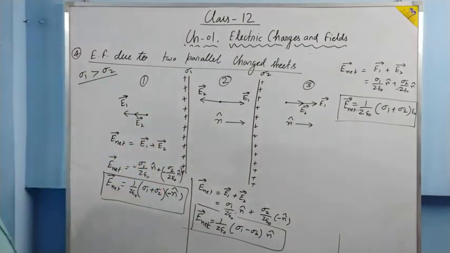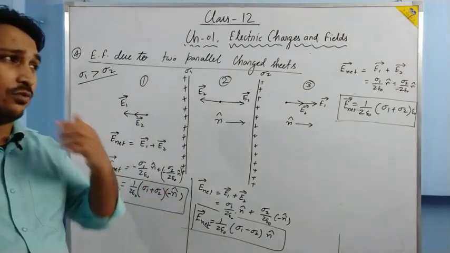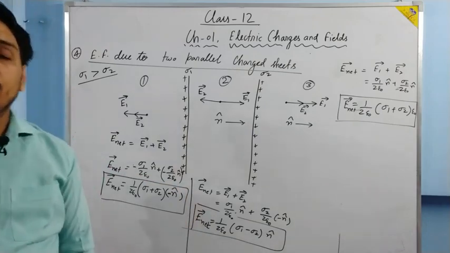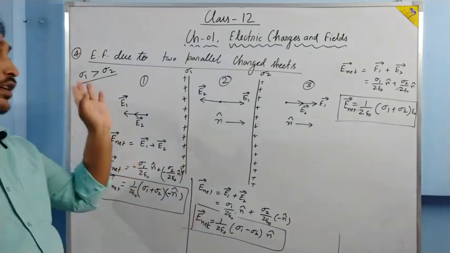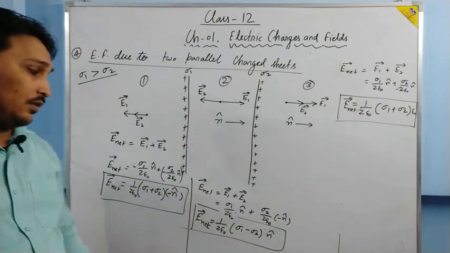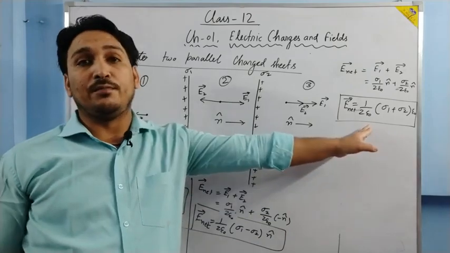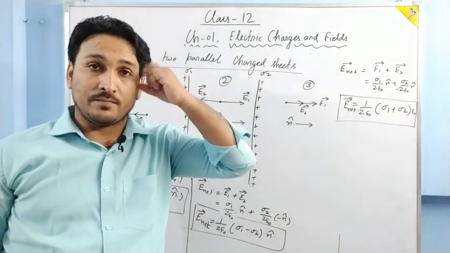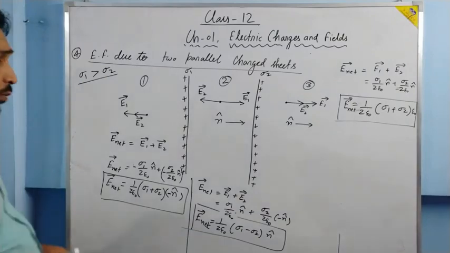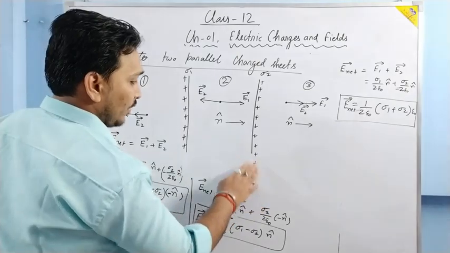So this is how we calculate. This has come in the board examination also, probably in the 2018 or 2019 exam, and this question was for 3 marks. For the diagram only 1.5 marks were there, half a mark for this expression, half a mark for this expression, and half a mark for this expression. Total 3 marks. So it is a very important type. And why is it important? Because we can make so many cases of it.